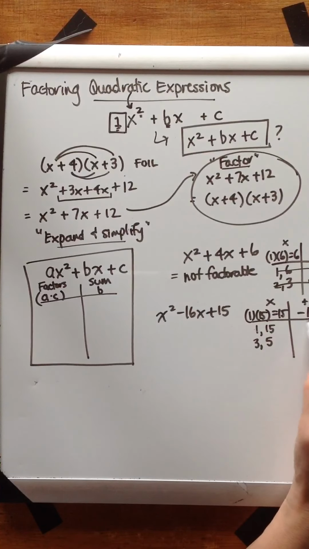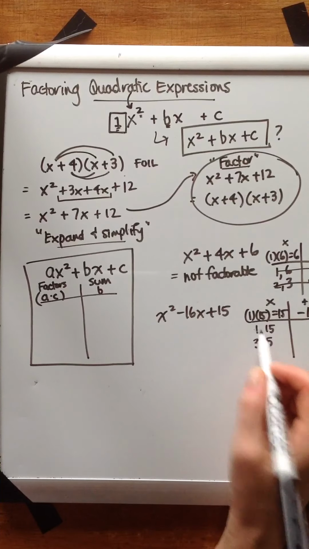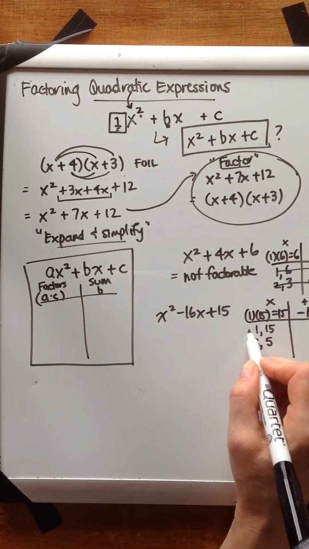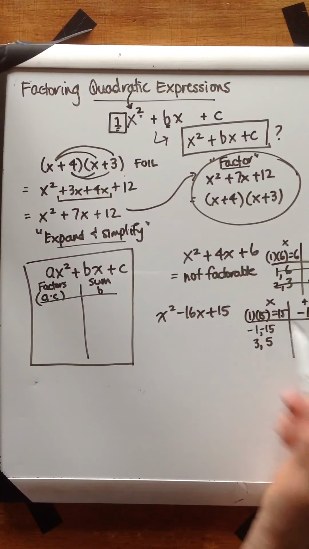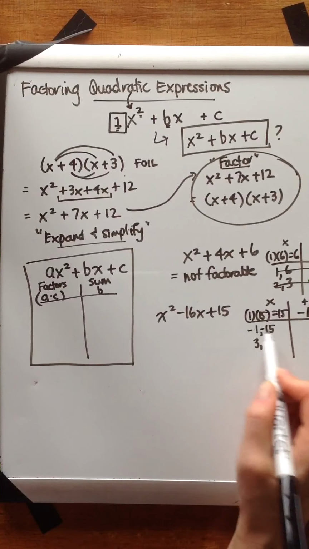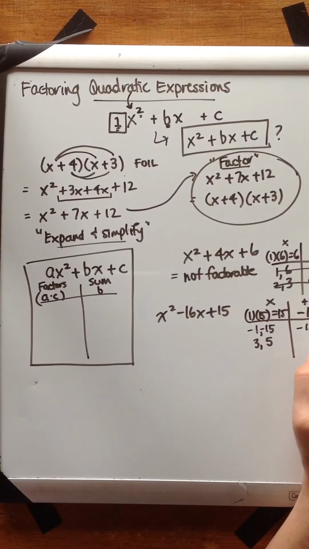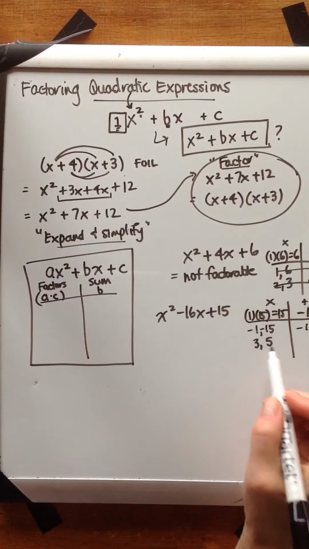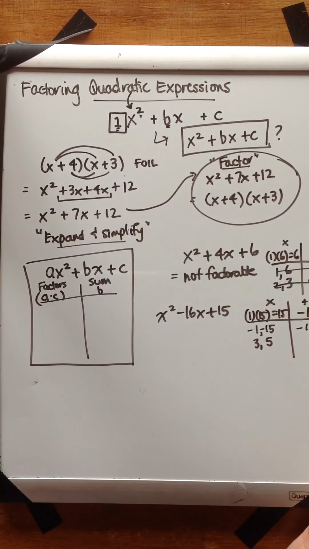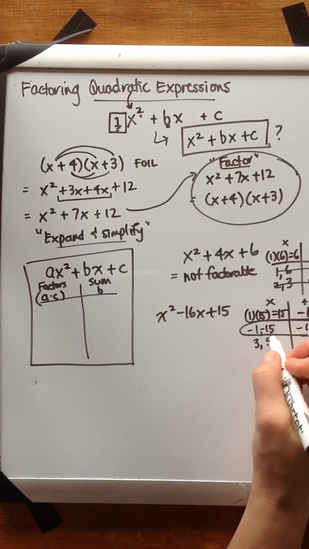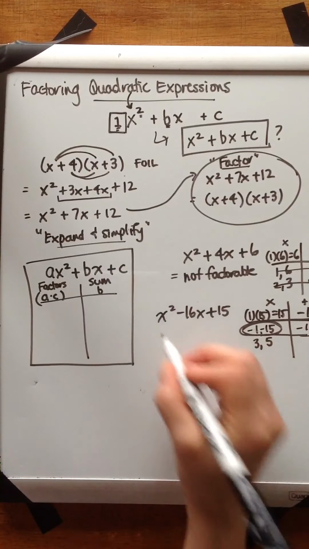Now, if two numbers add to give negative 16, but they multiply to give a positive number, what does that tell you about the signs of these two factors? Well, it tells you that they must both be negative, because two negatives multiplied give a positive, but these two negatives added together give us a negative sum. And no matter how I work the 3 and the 5, I will never get them to add to give negative 16. So it looks like I have found my pair of factors, more specifically these two here,